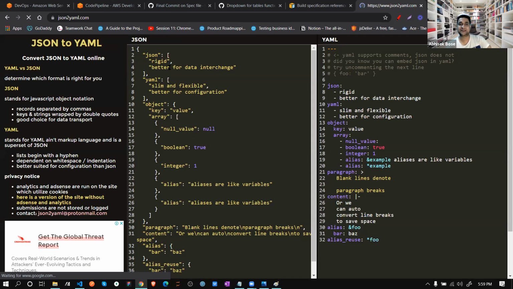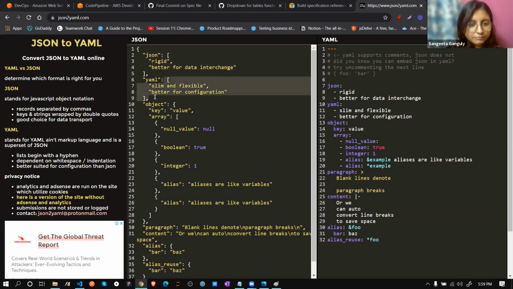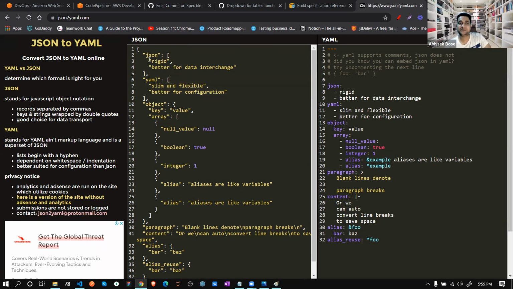You know this is JSON, correct? This is the basic JSON structure, and these are the arrays. Now, if I convert this JSON structure to this array, see here how it's converted.